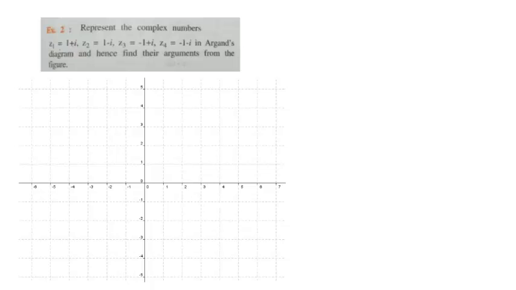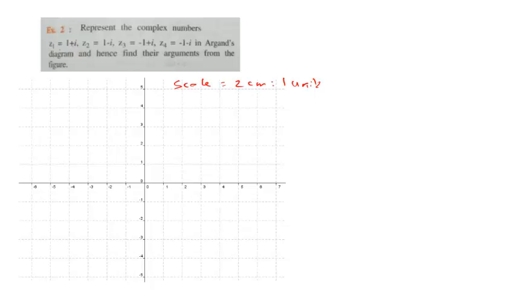In this question you have to find the Argand plane representations of given complex numbers, and from the Argand plane you have to determine their arguments, that is the angle made by them with the positive x-axis. If I consider the scale of 2 centimeter as 1 unit, that is, 2 centimeter is equal to 1 unit, on